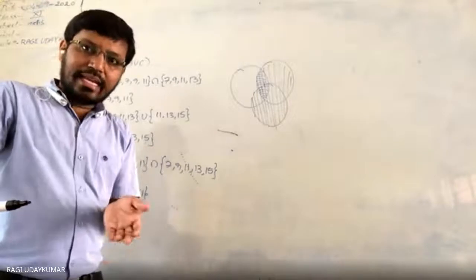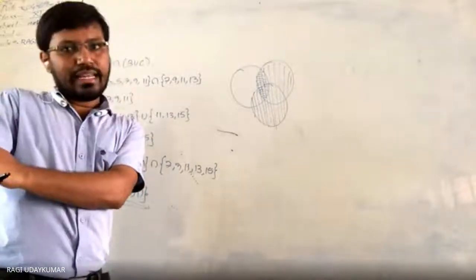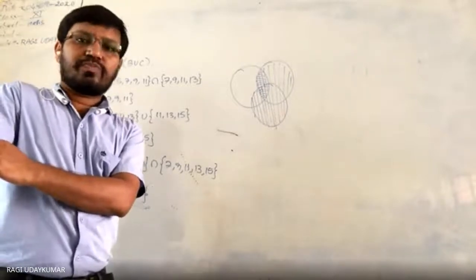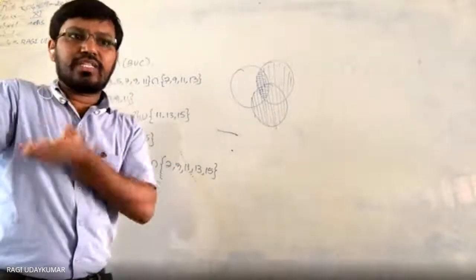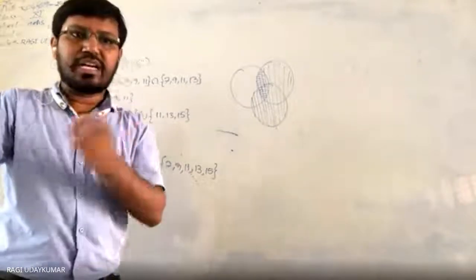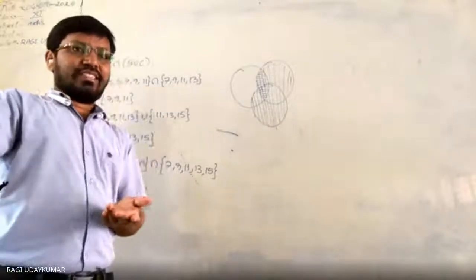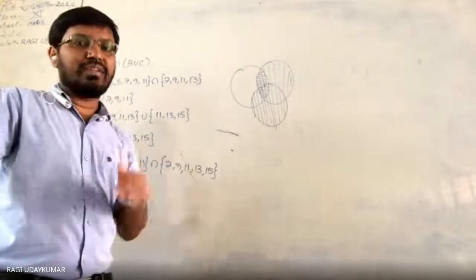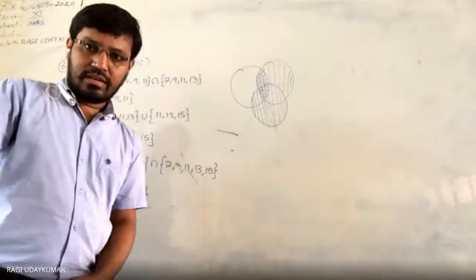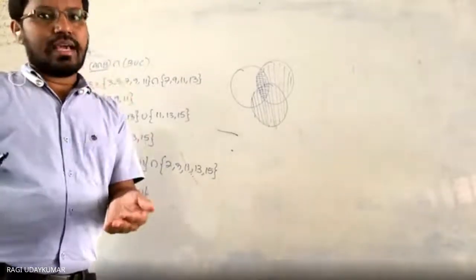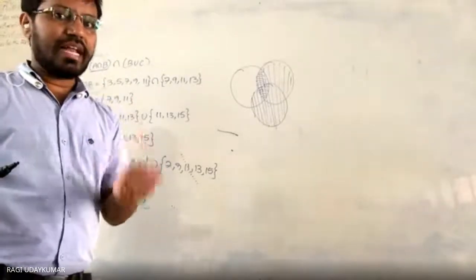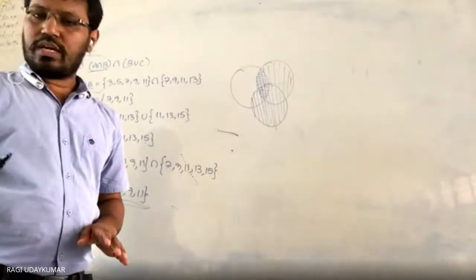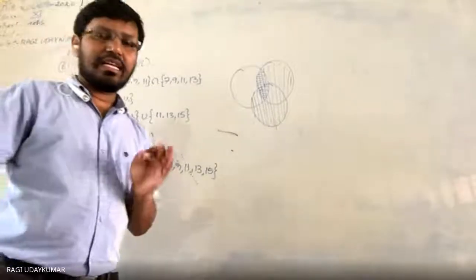If you want, you can write that with a dash. Otherwise directly, A intersection B is equal to even natural numbers. A intersection C is equal to odd natural numbers. A intersection D is equal to prime numbers. B intersection C: the intersection of B and C does not exist, because B is the even numbers and C is the odd natural numbers. There is no number which is even as well as odd. Okay, there is no number which is even and odd.